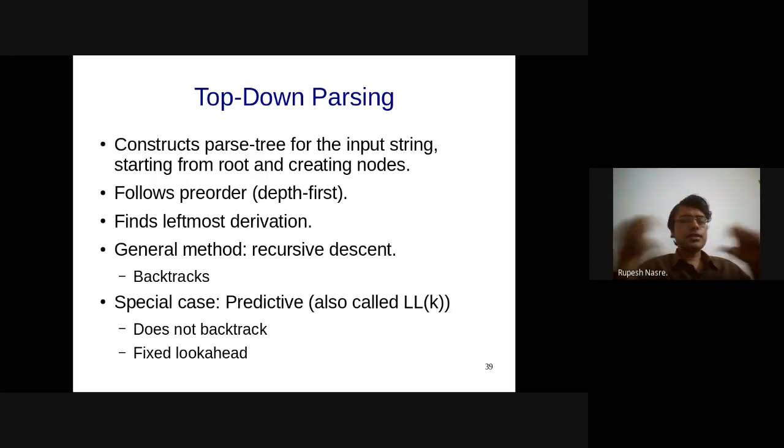So the reason why this is called predictive is because the look ahead is something which you have not yet consumed. So you are in some sense looking at the future and deciding your current course of action. The number of tokens that you see defines how powerful you are. And LL(k) grammars in general, LL(1) grammars in specific, are non-backtracking grammars, and there is a fixed k-element look ahead, k-token look ahead. It's not k characters, these are k tokens, right? Because the parsing does not understand those characters at all.